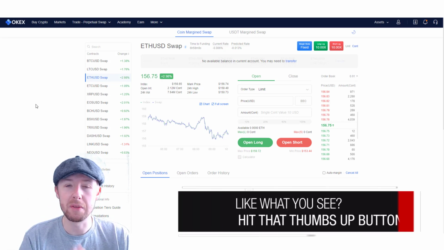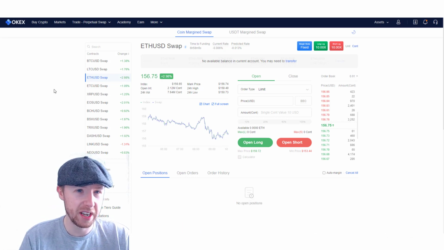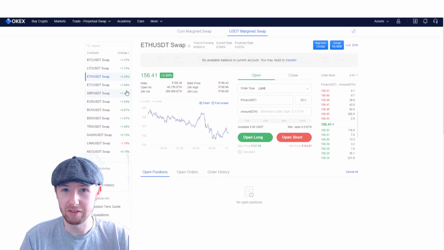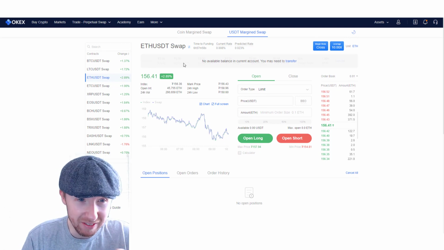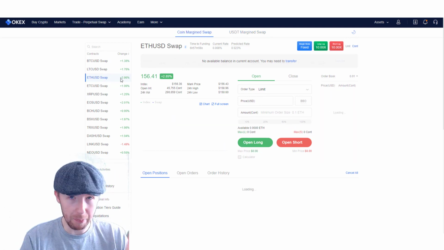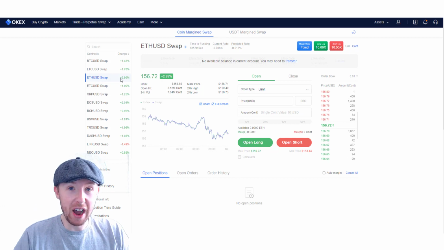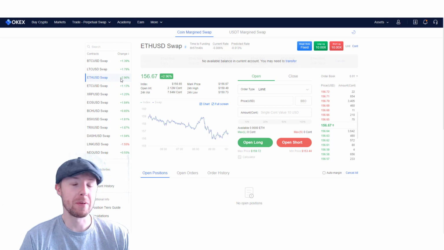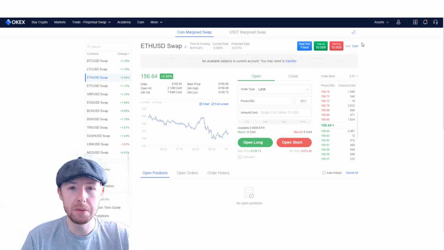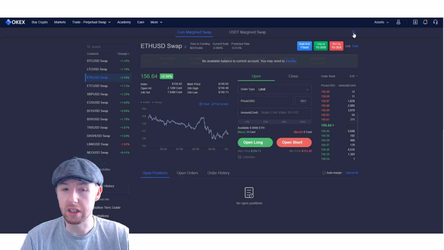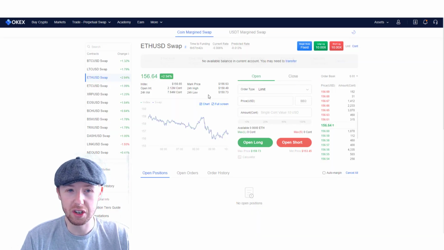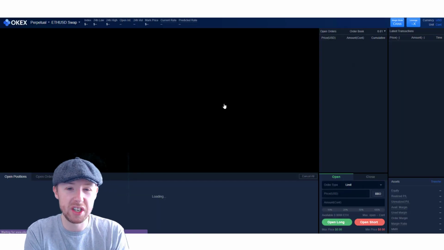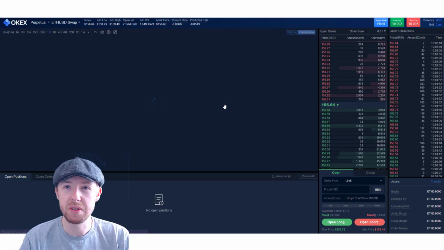It's exactly the same though. The exact same contracts pretty much. They're just on a different exchange. You've also got Tether, the exact same coins with Tether. So it's really, really handy, really, really easy to use. And I'll be honest with you, this is far wider in terms of choice. A lot of people like choice, and they are the most liquid at the moment. In terms of using it, you can either have this light or dark. I personally prefer the full screen, as you've probably seen in my other video explaining this exchange. It's really, really easy to use. You cannot go wrong with this exchange.